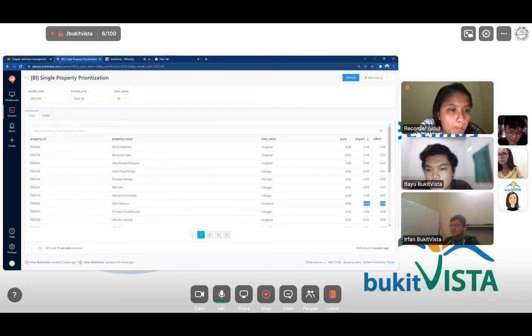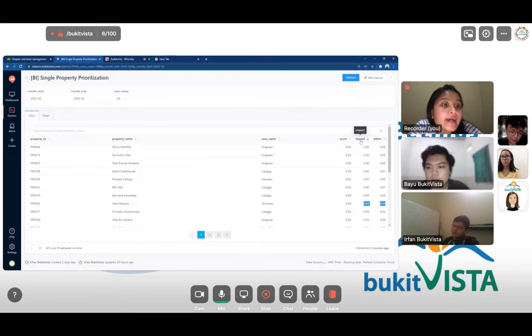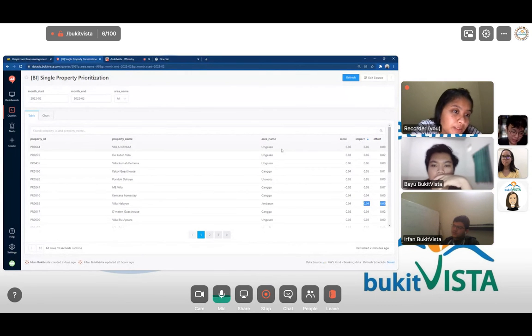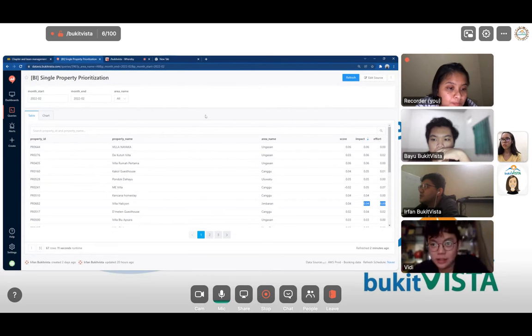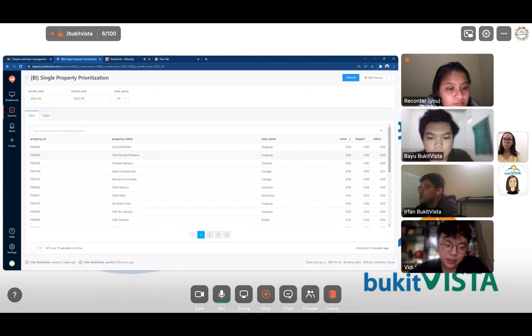Kayaknya maksud kalian berarti dengan data yang ada, we're trying to look for property which has a high score but still high availability. Yeah, I think so. What do you think, Vidi? Mungkin Vidi dulu confirm. That approach is possible. As I mentioned before, there are two ways to approach this. One, looking at the score like this, and then look for ones with still high availability. Or second, we figure out what kind of property that is selling, and then find the closest property to it. But I think the first approach can be done.